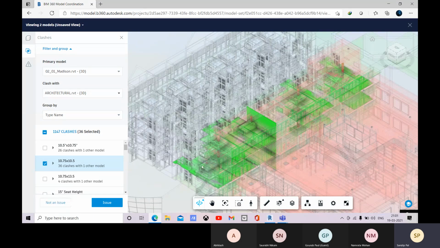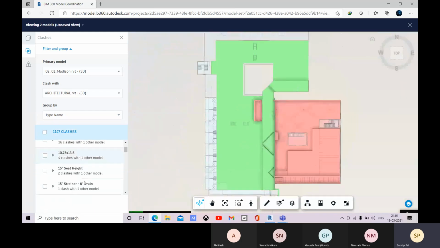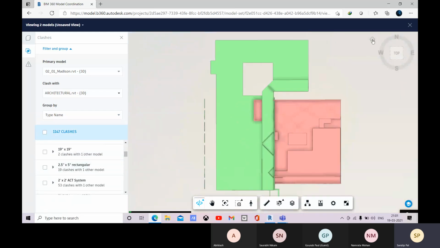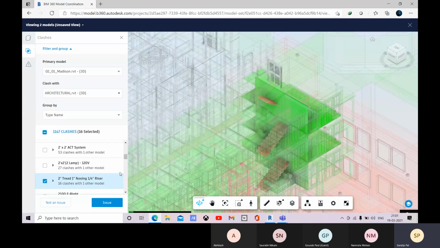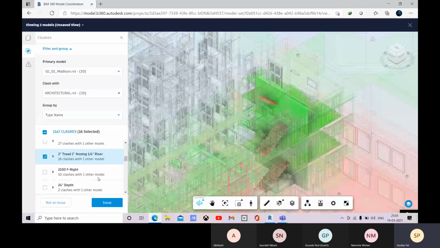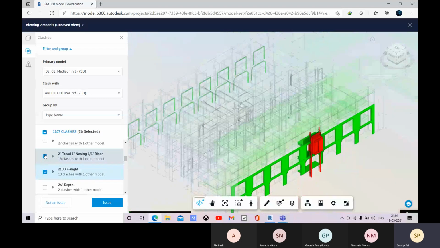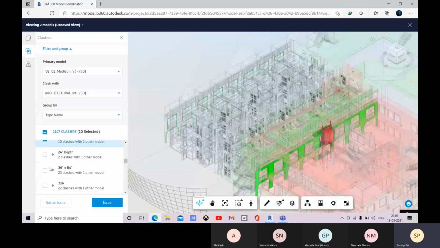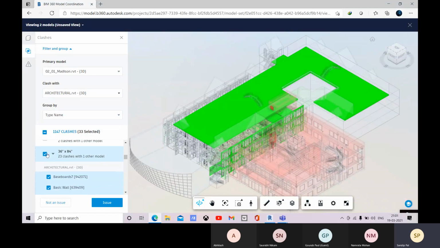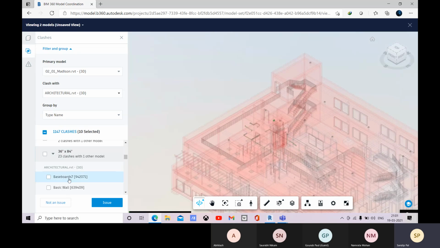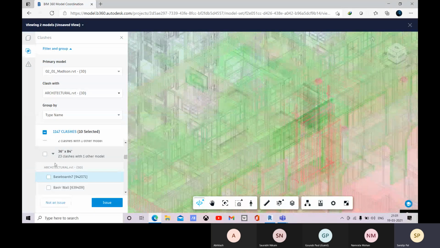Suppose there is a minor error or minor clash, you can define it as not an issue for you. Okay, so you can go with that, right? So here you see all the clashes, and all the clashes are also individual, so you can check them individually.